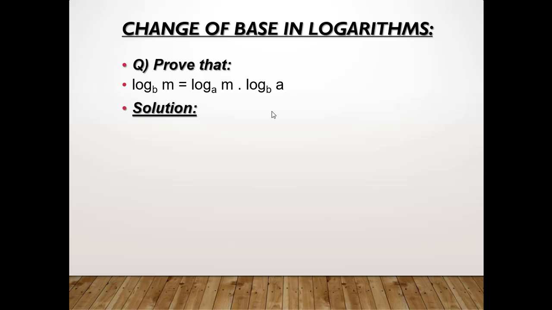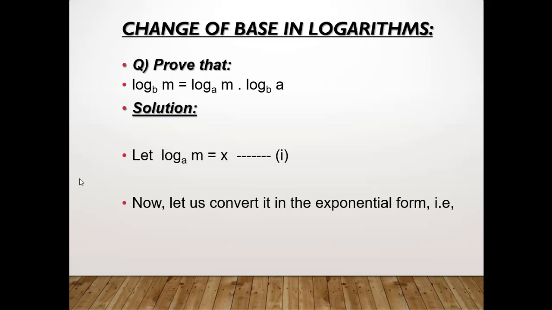Now what I'm going to do is suppose this value as a variable. Usually in maths or in algebra, if we are going to find out any unknown value, we usually assume the value as x, na? So that's why I'm going to assume that value as x, number one. And number two, the second step is that I'm going to convert the value into the exponential form. The exponential form is like base to the power equal to that value or number. We have already learned that in the previous lecture. In this case, base is a, the power is x and the value is m. It means that we will get the value of m if we apply the power x over that base a.